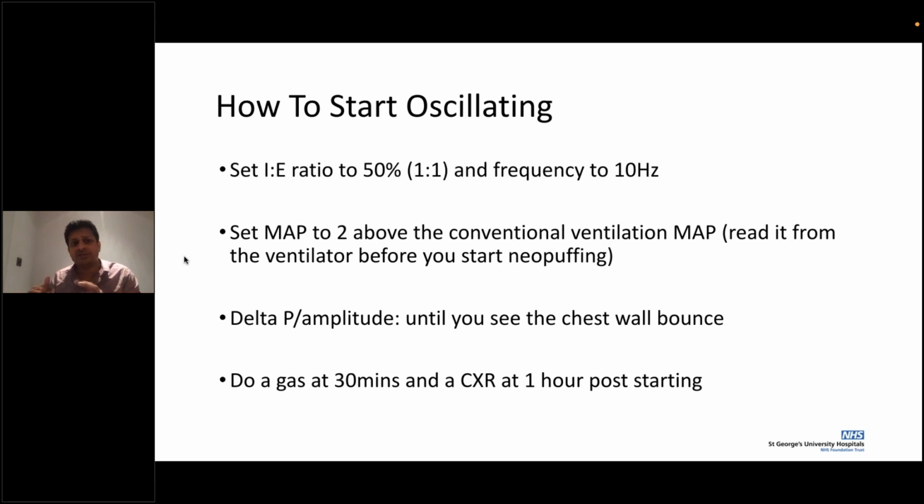And amplitude generally will be roughly 2 to 3 times your mean airway pressure. Another way is basically to look at the chest bounce. If the chest is not bouncing, then you're not giving enough amplitude. And consider increasing the MAP if you're going beyond 3 times the ratio of your mean airway pressure. So if you're at 15 of MAP and 45, and yet you need an increased amplitude beyond that, you may need to go up on the MAP to 16 to achieve that.